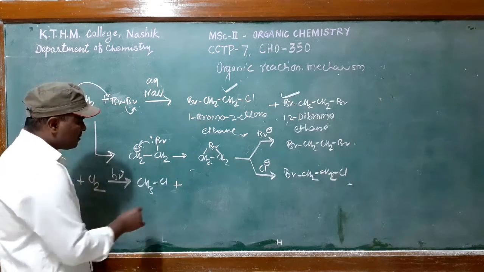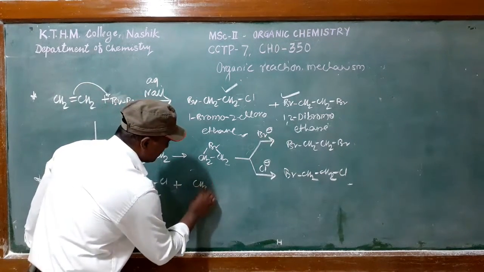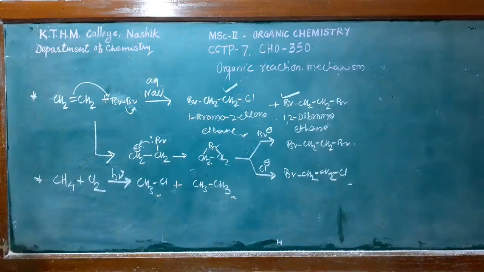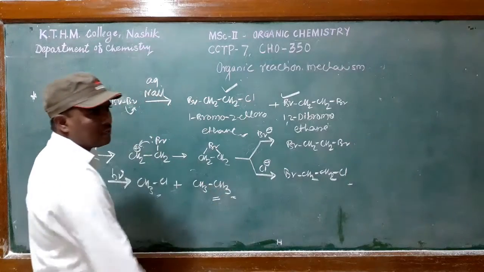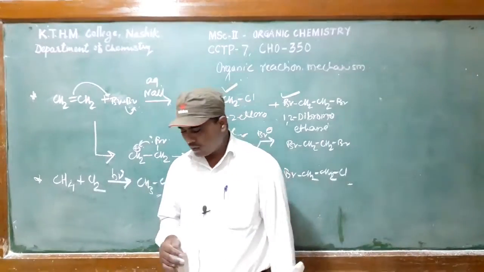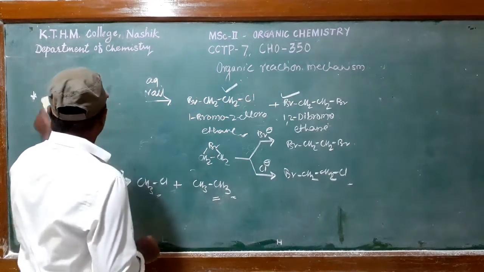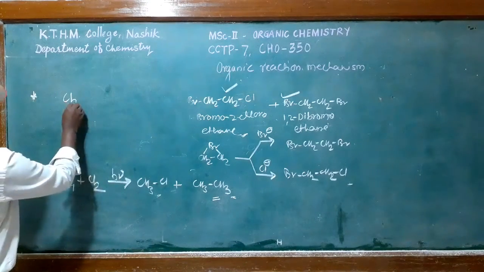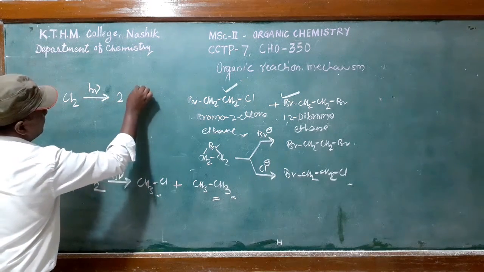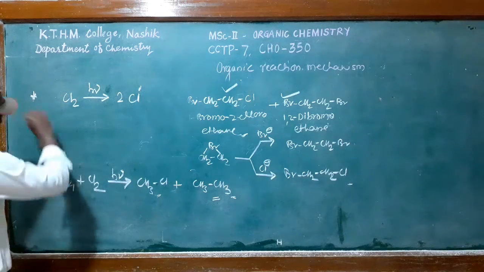In this reaction, along with this methyl chloride, formation of ethane takes place, and this ethane tells us that this reaction is not working via a simple cationic mechanism. So then what could be the pathway of the mechanism? The reaction mechanism starts from here. In the presence of light, it gives chlorine radicals. It generates chlorine radicals, and subsequently what happens?